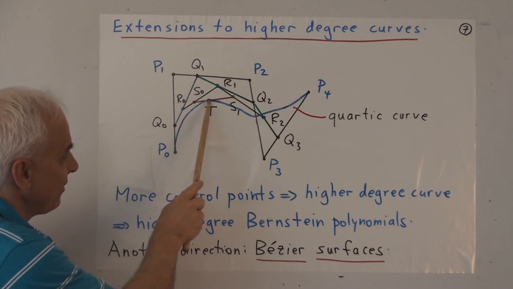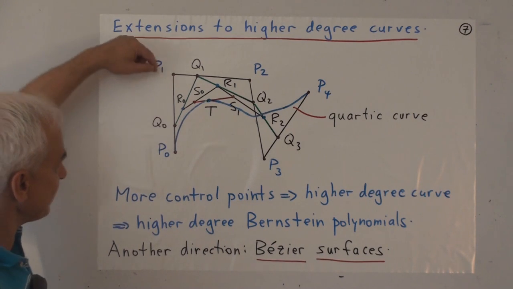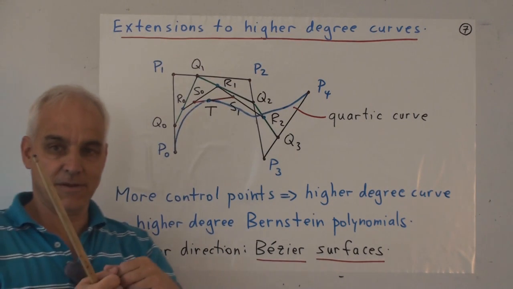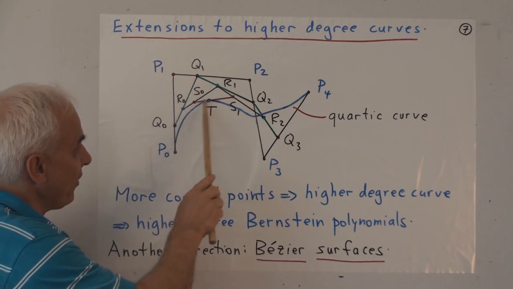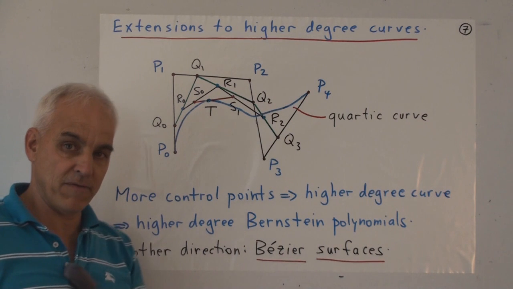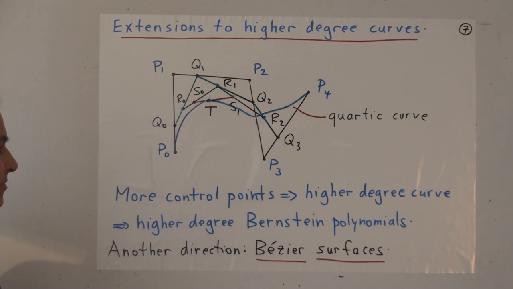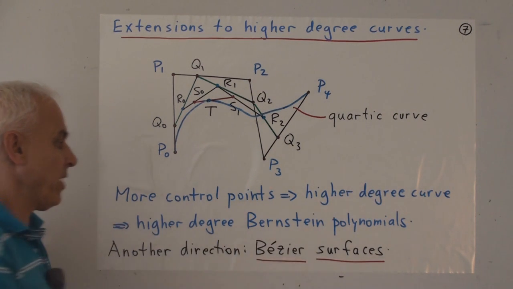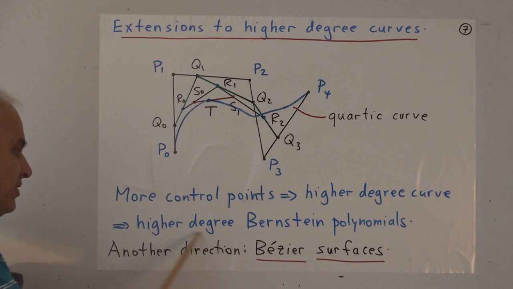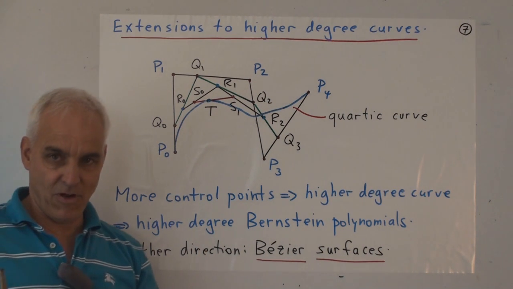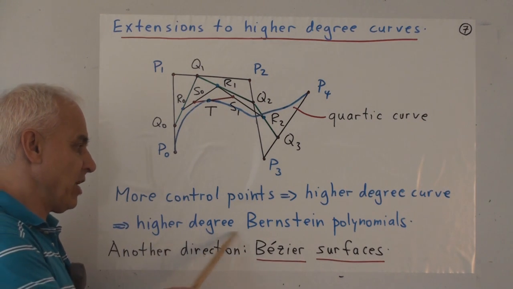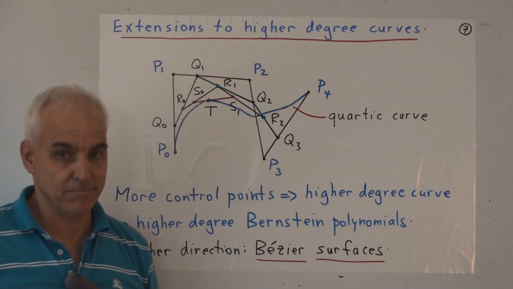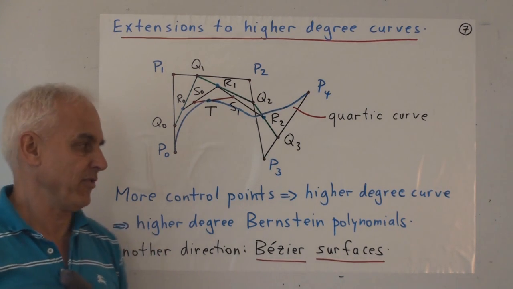And it's this T, its movement, as all of these things move along their segments, as t goes from 0 to 1. The combined effect is that T will move on this quartic curve given by a 4th degree equation. So the more control points that we have, well, the higher degree curve that we get. And it's not too hard to see that the lovely formula involving the Bernstein polynomials extends very naturally. So we're just getting higher degree Bernstein polynomials, and it's somehow very natural and pleasant.